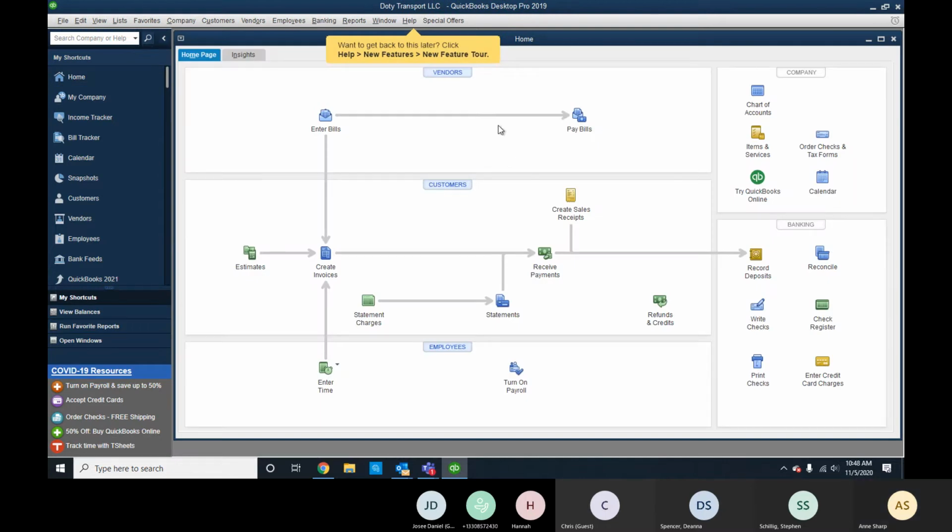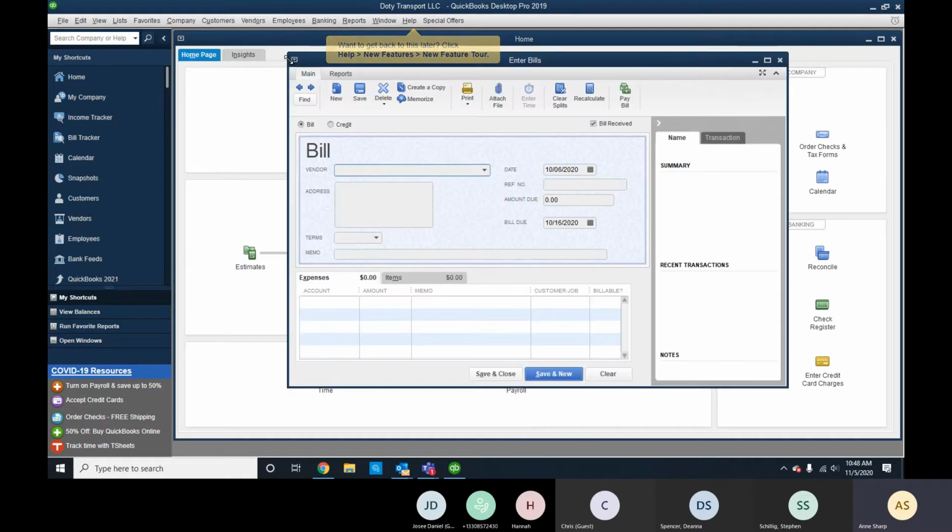There it goes. I'm going to bring back up our home page. So then let's do bills, because we obviously have quite a few bills as a trucker. So I'm going to enter some bills here. Some of our bills can be credit cards. They can be